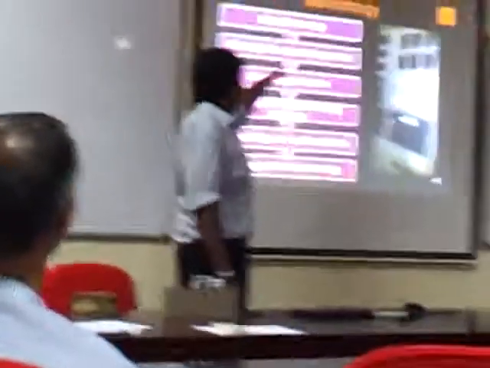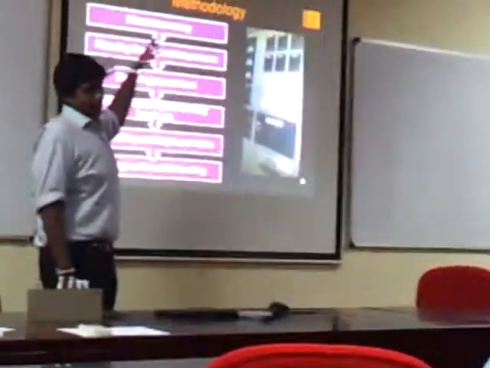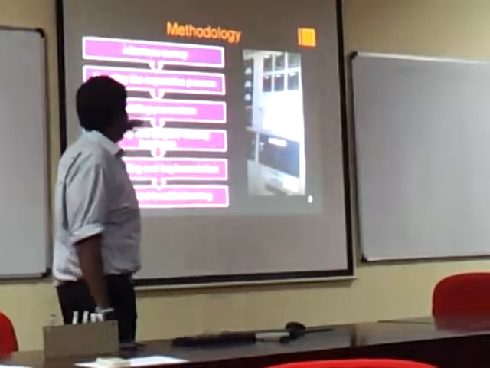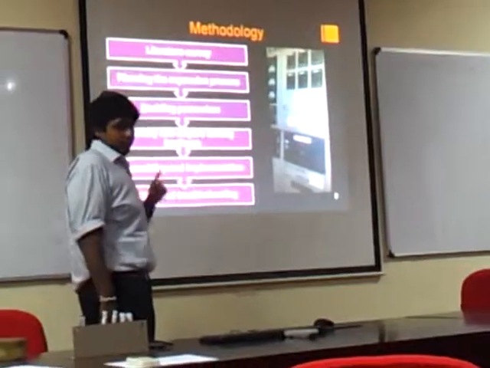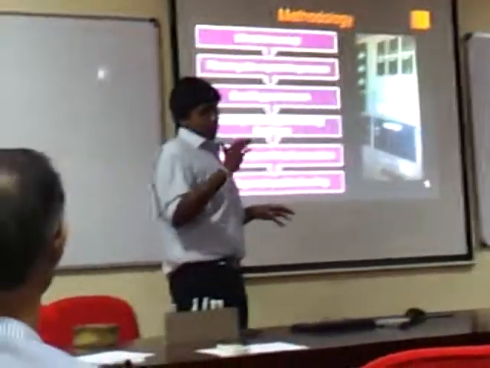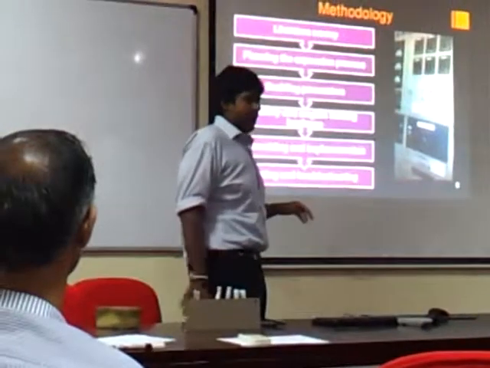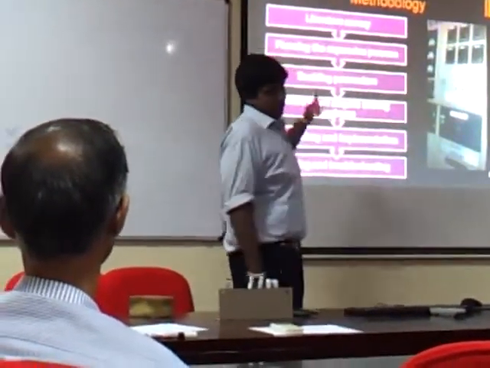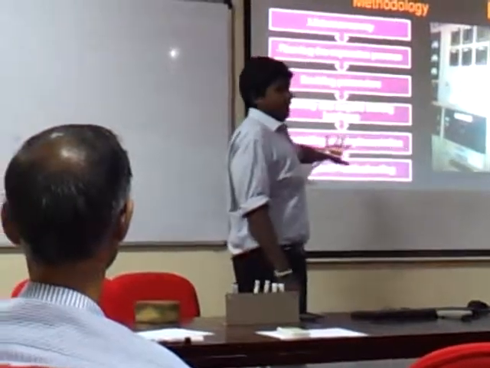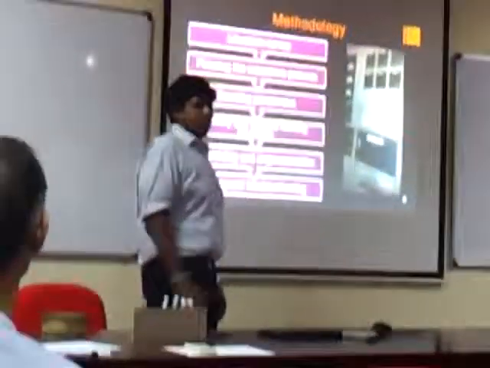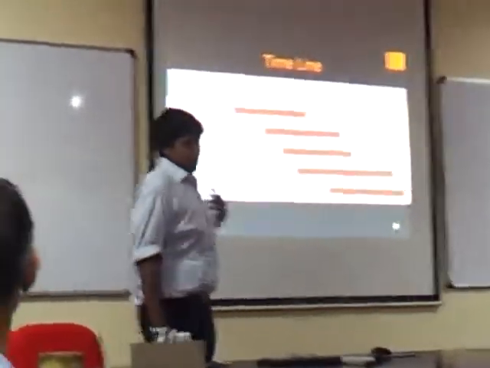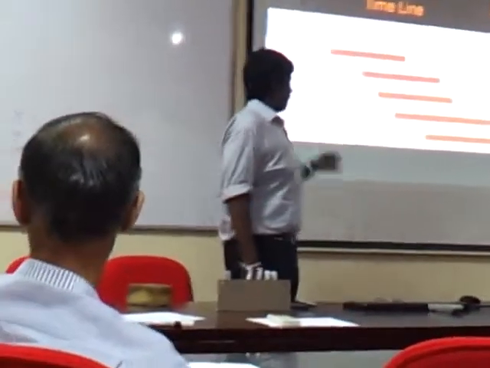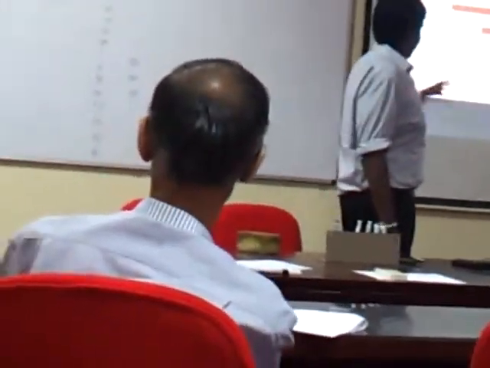So how are we going to approach this, how are we going to achieve this target, our methodology. We have finished the long-term goal study, and we have planned the expansion process. Currently we are in the process of deciding certain parameters. Then we have identified the lagging hardware, and are now in the process of acquiring it. Then we have to do assembly and implementation, and finally we have to test it and do troubleshooting so that it will be implemented perfectly. So this is our timeline. We are hoping to go according to it so that we can achieve much more in a feasible manner.